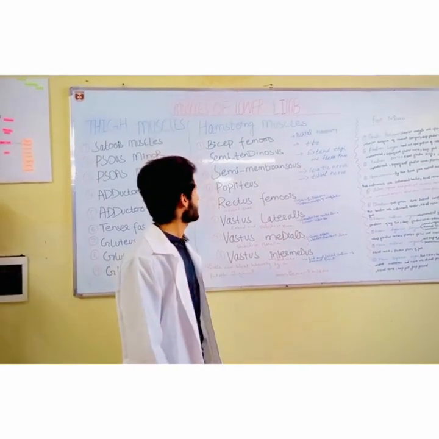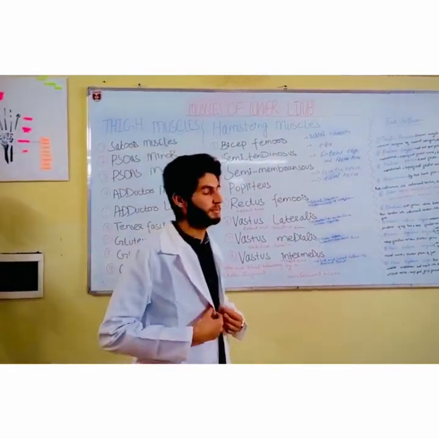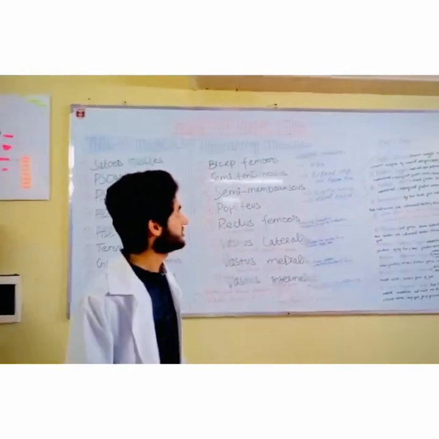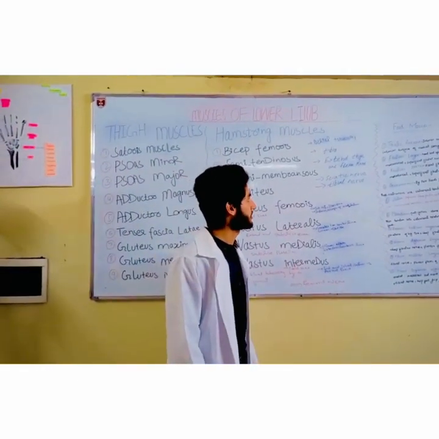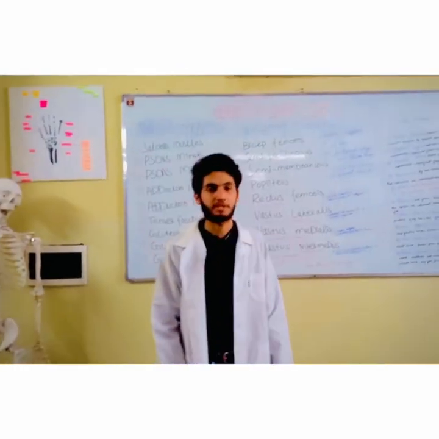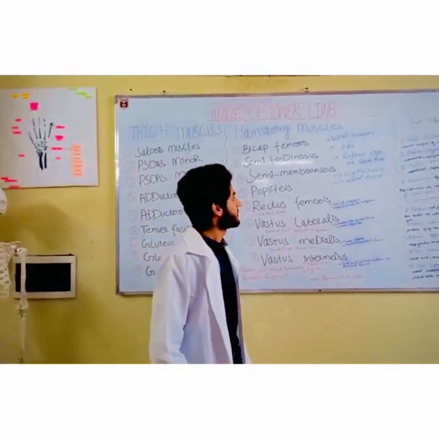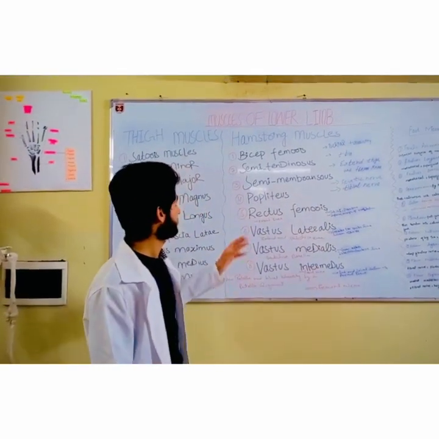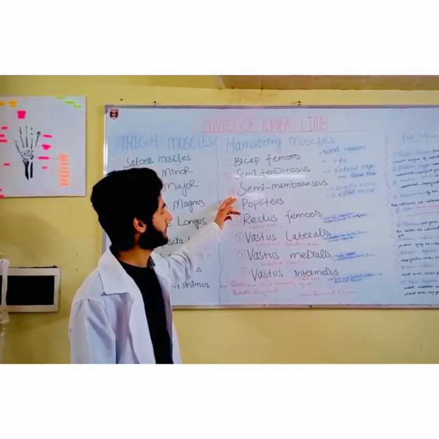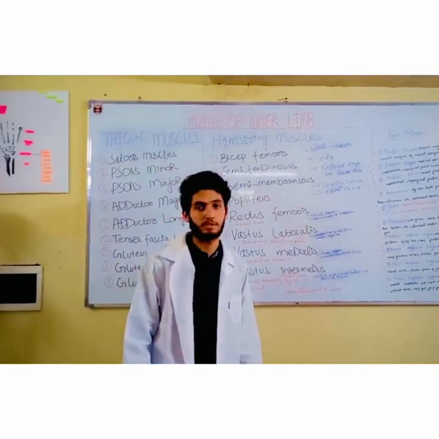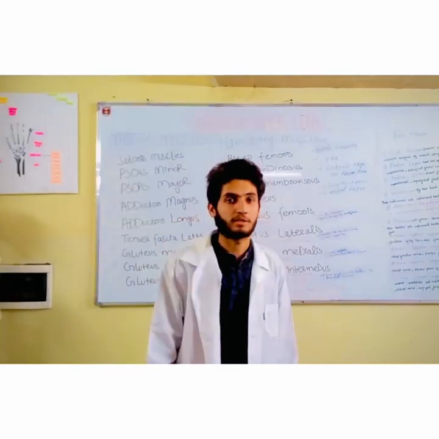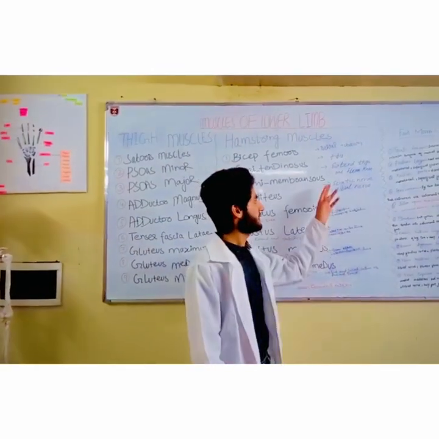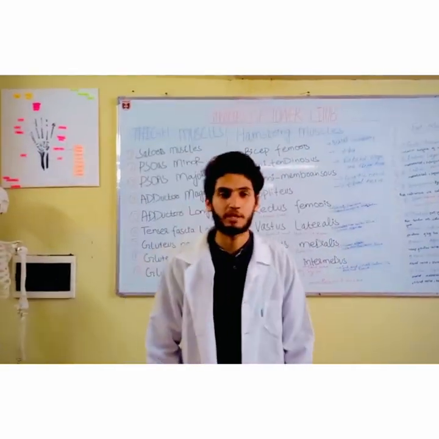The second muscle is semitendinosus. It has the same origin, the ischial tuberosity, and it ends at the proximal end of the tibia, and it also performs the same function, extending the thigh and flexing the knee. The nerve passing through the second muscle is the sciatic nerve. The third muscle present in the femur is semimembranosus. It has the same origin, the ischial tuberosity, and the insertion point is the proximal end of the tibia, and it extends the thigh and flexes the knee. It has the same nerve, the sciatic nerve.